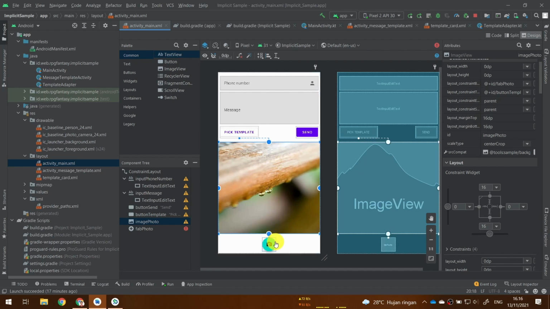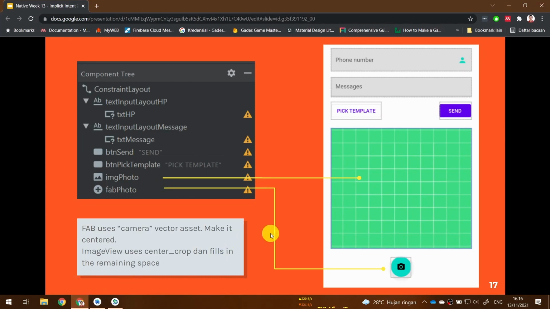The bottom goes to the upper constraint of the FAB photo, and the top constraint goes to the bottom constraint of the pick template button. This way the image view will fill in the remaining space on my screen. And just set the scale type to center crop as usual.